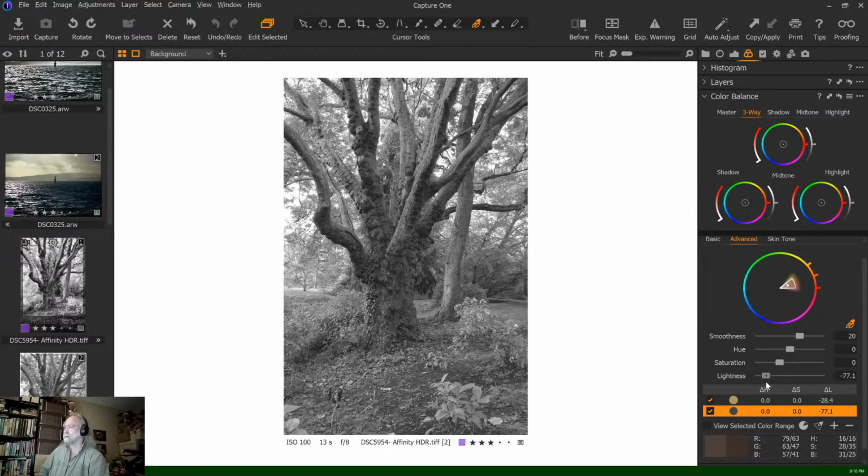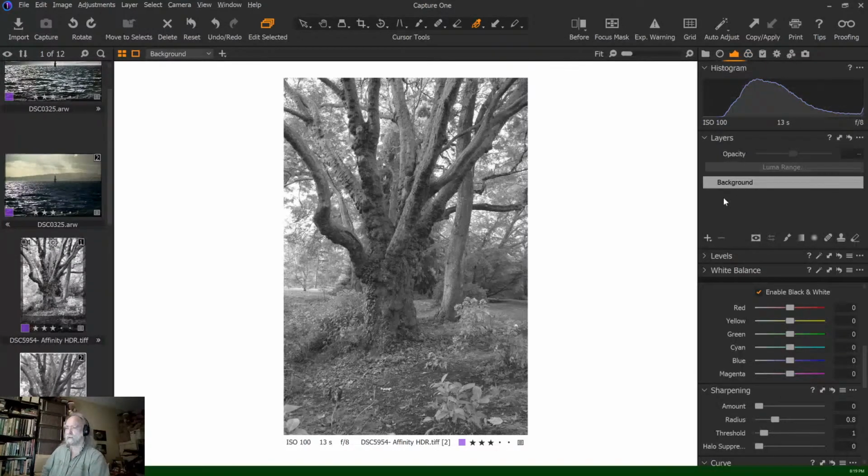I can add, and again, I can choose how much of the tree I want to affect. I can include some of the yellows as well, and now I'm affecting more area or less area. Okay, so these are two. Capture One has a most incredible color tool, even if you're working with black and white images, as long as you don't remove all the color information by either shooting black and white JPEG or by removing all the saturation by desaturating the